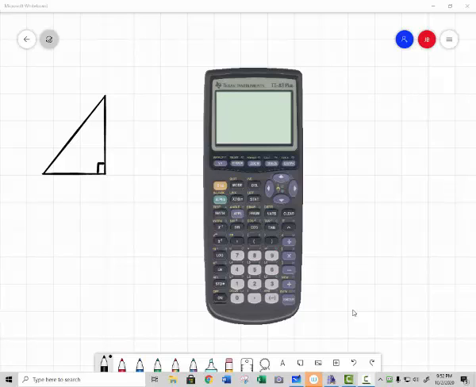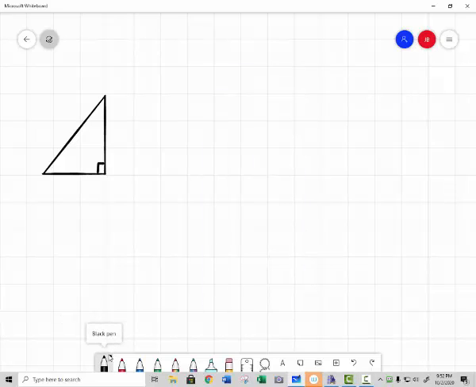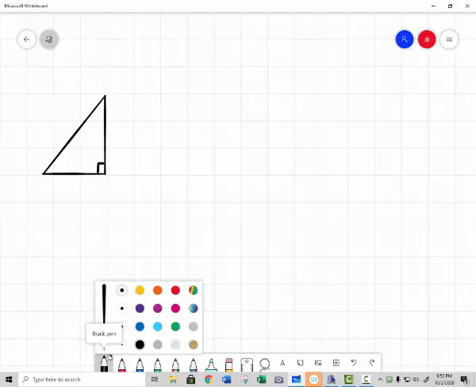Okay, I want to talk a little bit about your calculator. We're going to talk about the relationship between the sine, cosine, and tangent of an angle and how it works out on your calculator here. Just a quick review. I want you to remember that the sine, cosine, and tangent are all simply related to